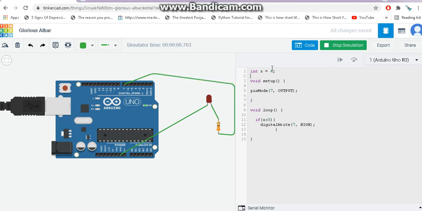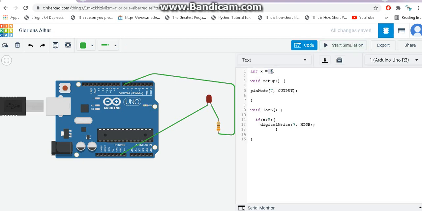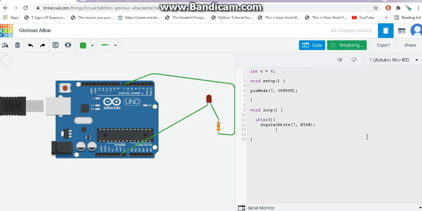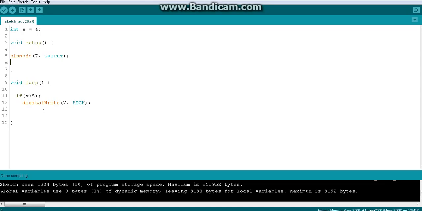It will turn on if I change the x value to be more than 5. You want to see immediately? Yes, we can see. I'll stop the simulation, make it 6, and redo the simulation, and you will see the LED is on. You see, the LED is on, right? It's very clear. Now, just to confirm that this is skipped and the next line will be running,